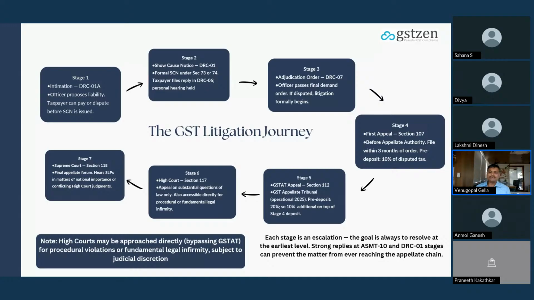Now, at this stage, stage 5, we call GST appellate tribunals, where we call it as tribunal. It is a quasi-judicial body. A representative from the judicial forum would be there. A representative from the department is there. So it is kind of unbiased and an independent forum taking a decision. Now, at this point, you are going under second appeal.